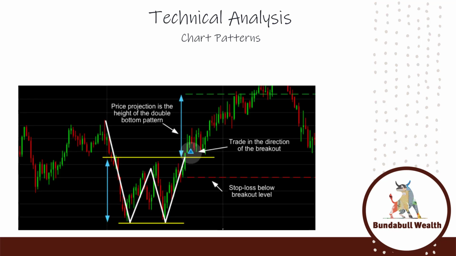Double bottom. A double bottom looks similar to the letter W and indicates when the price has made two unsuccessful attempts at breaking through the support level. It's a reversal chart pattern as it highlights a trend reversal. After unsuccessfully breaking through the support twice, the market price shifts towards an uptrend.